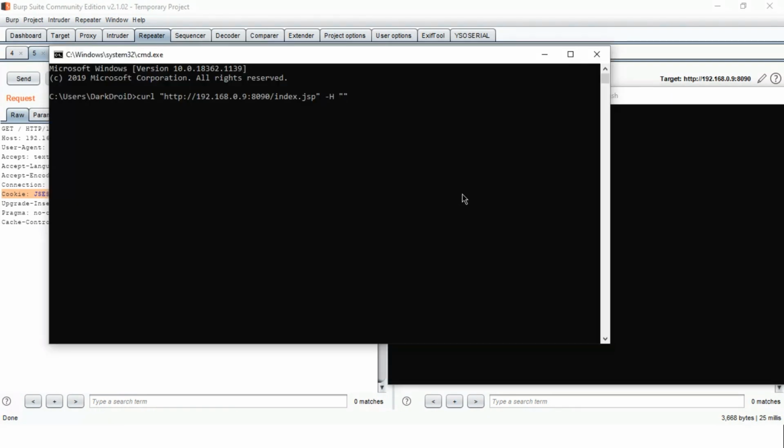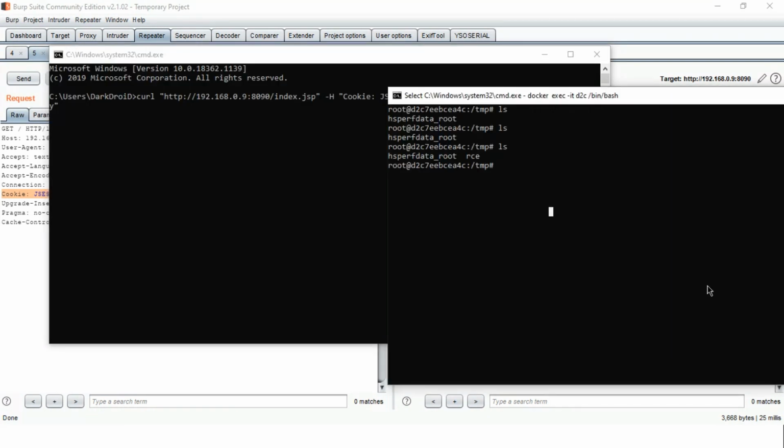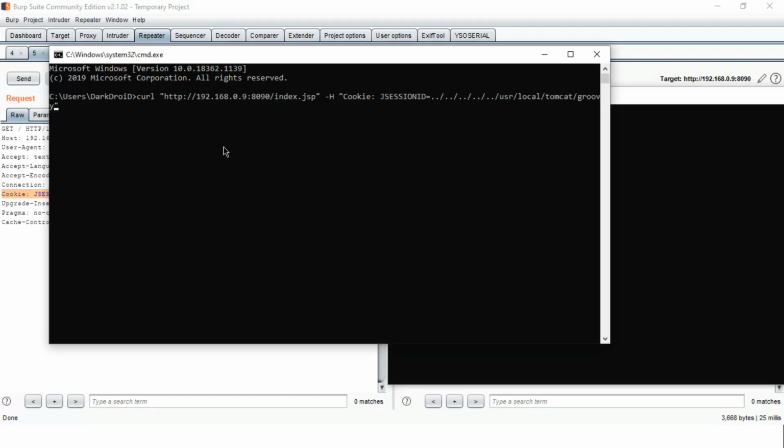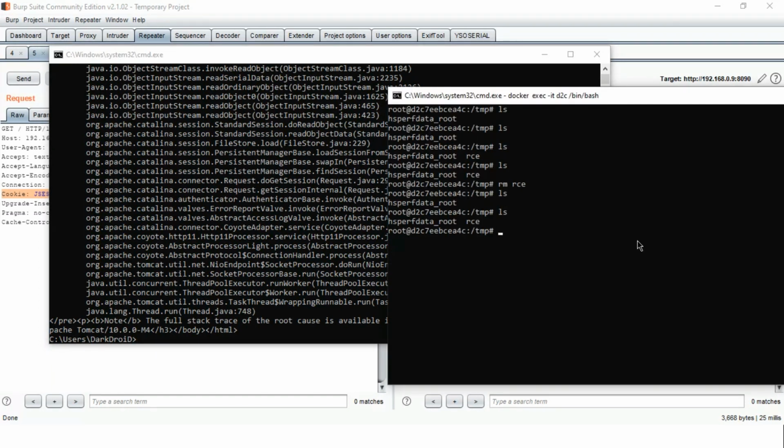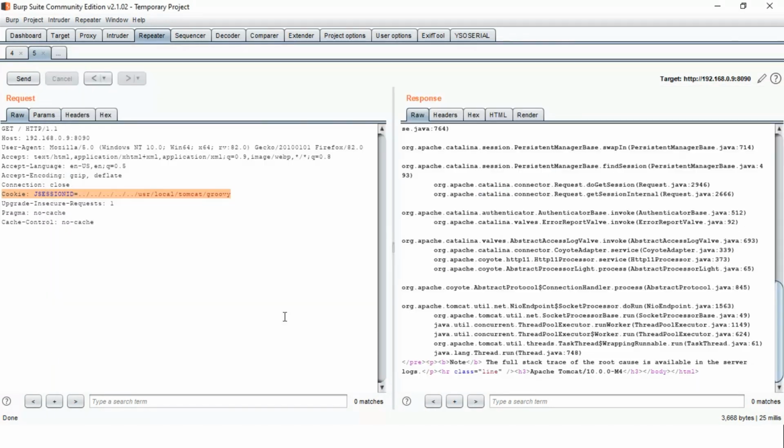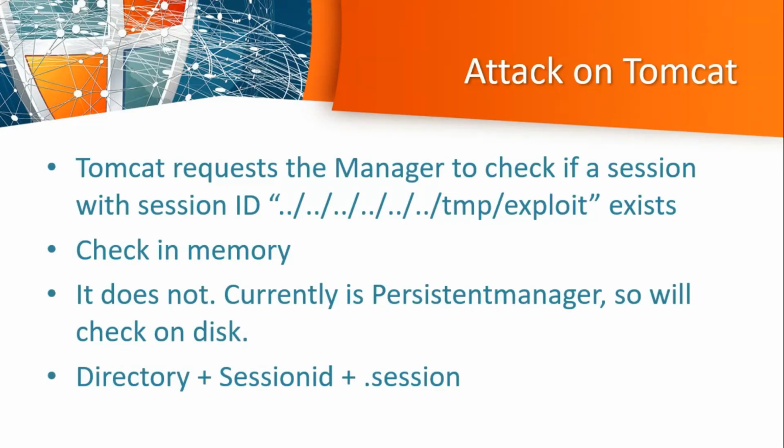So copy, Control V. Let's remove this RCE file. Okay, ls, and send it again. So stack trace error, check it, the RCE file is created. So you can use this vulnerability for remote code execution.